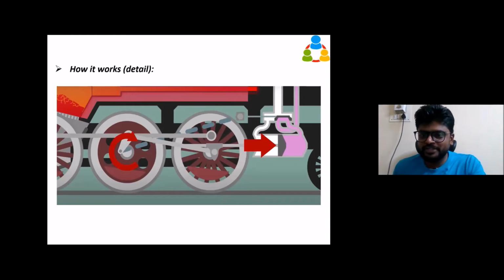The cylinder has two sides. We will call them front and back for namesake, because there is no real front and back, since it will be like that whichever way you mount it. So for the purpose of it, we'll call them left and right. The slide valve will control which side of the cylinder the steam should go to.